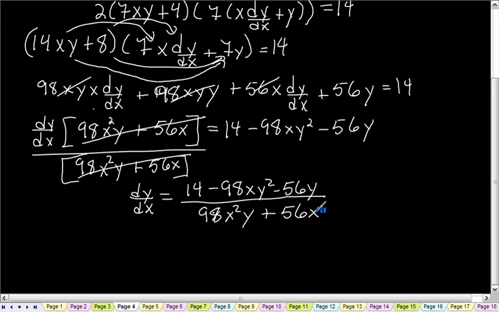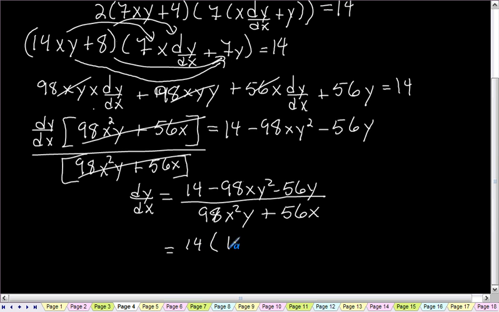On the bottom, I could take out an x. I could probably take out a couple of numbers. Some factors of 14 and 98, I can probably cancel some of those out. What are some factors of 98 and 56? Let's see if 98 can factor to something that I can use. 98, can I divide it by 14? Maybe. And 14, how about 56? Can I divide that by 14? Oh, nice. So in the top, if I take 14 out of the top,